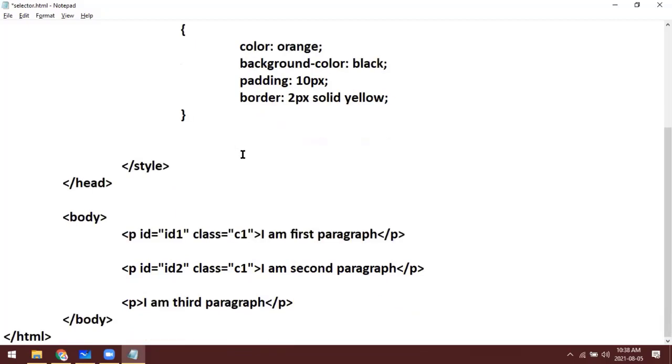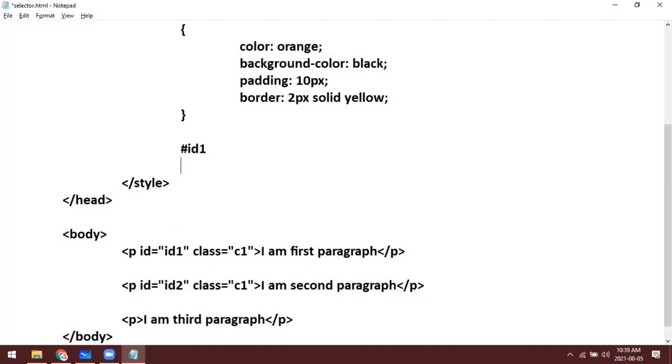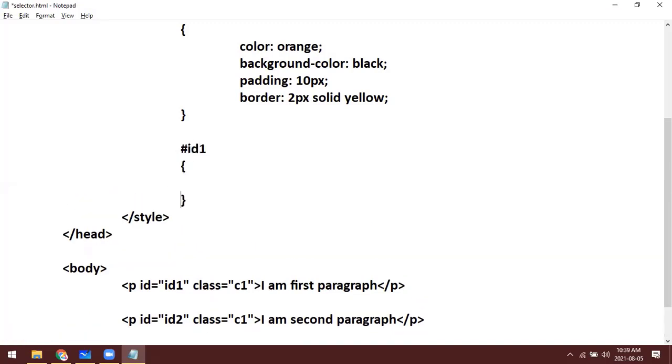Now let me use an ID reference. If you want to use an ID, you have to reference it using a hash, then put the ID value. So ID1, I'm giving text align.